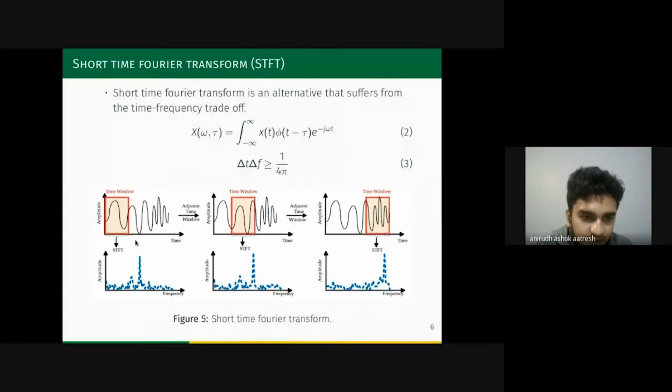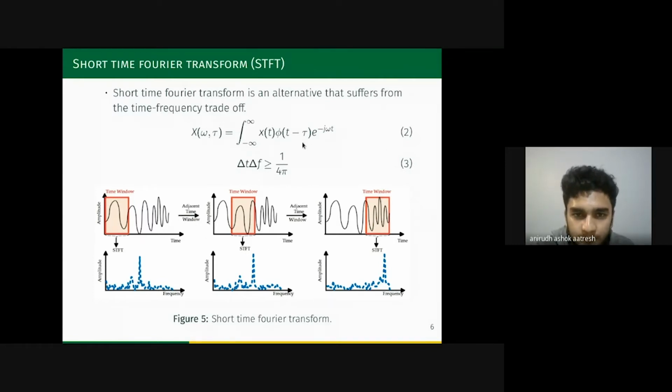So in figure 5, you can see a signal here, and you take a small portion of the signal and treat it to be stationary, and you find the Fourier transform of it. Once you find the Fourier transform, you move your window to the right and compute the Fourier transform, and you consecutively do that for the entire signal.